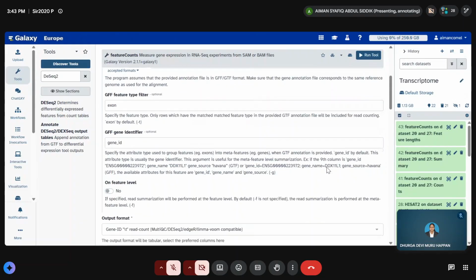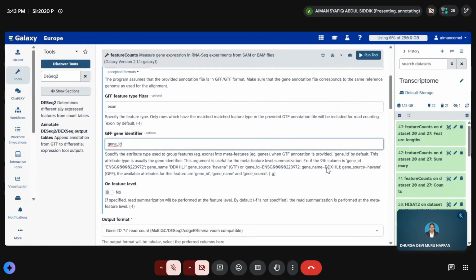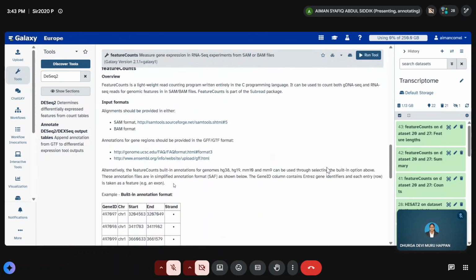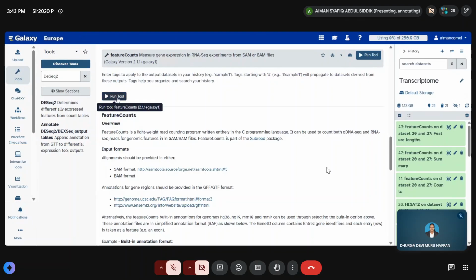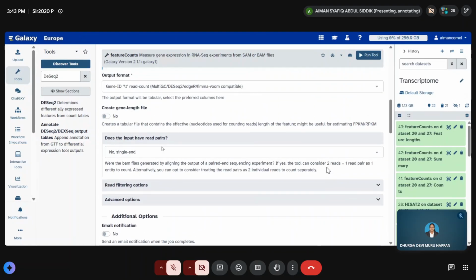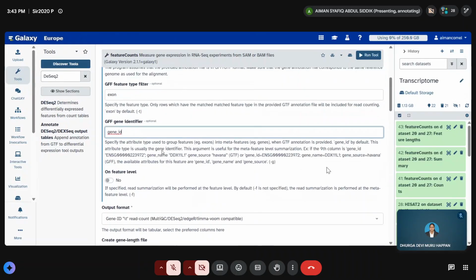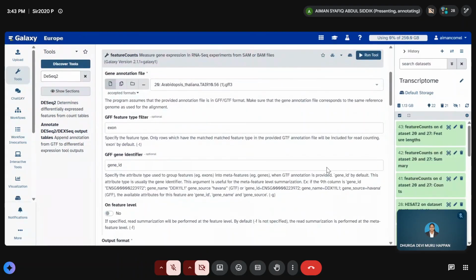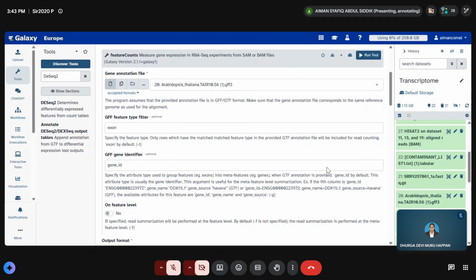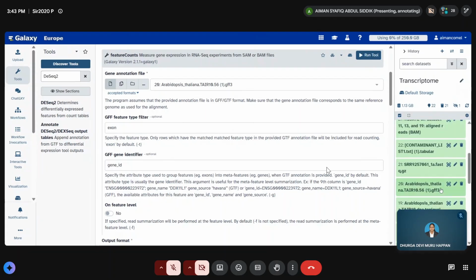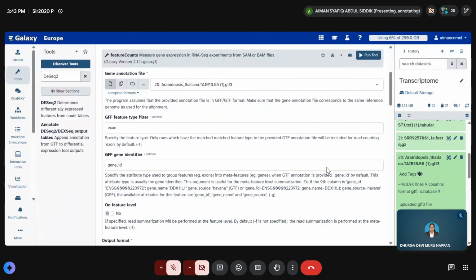If you use gene ID, then it will result in an error, because you are running using the GFF file. No, but I already converted it to GTF.